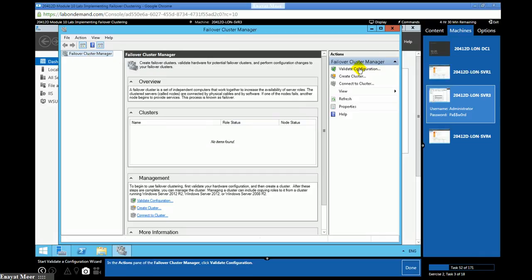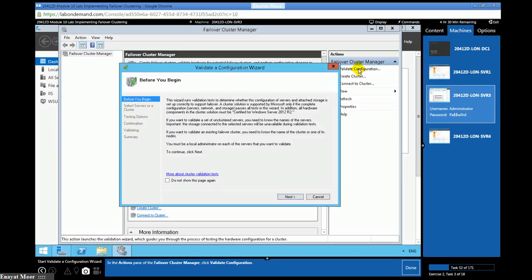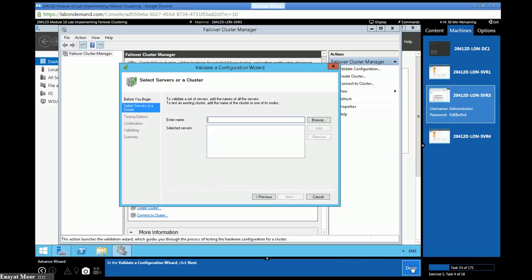So here you're going to go to the failover cluster manager from your tools. I'm on SVR3. I'm going into failover cluster manager, for the first option, where you can validate configuration. This is a wizard.